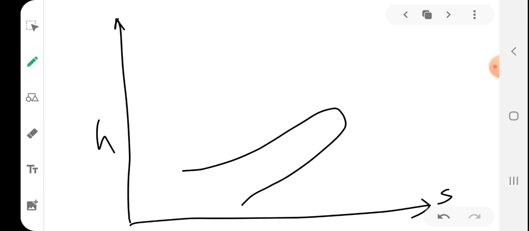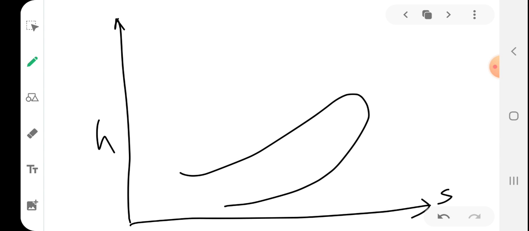This will be the shape of what? A Rayleigh line. Okay, so now you have to show the corresponding